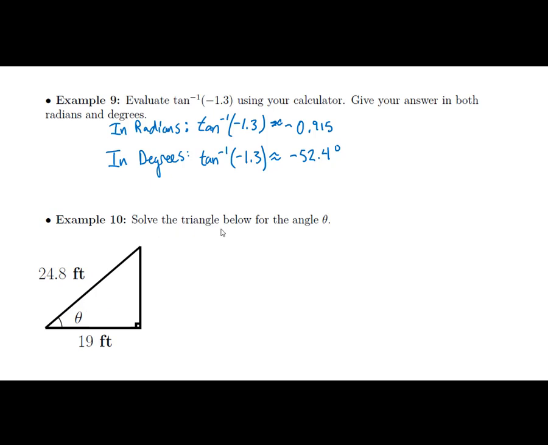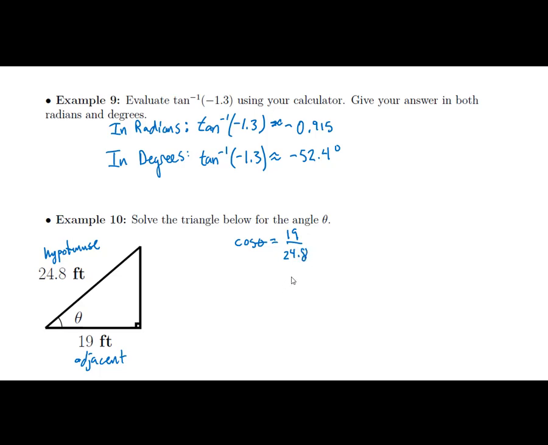All right, this one asks us, solve the triangle below for the angle theta. So we want to find this angle theta here. Let's start this off not by jumping straight to inverse trig functions, but let's just look at what we're given in relation to this angle. Well, we're given the adjacent side, I suppose, and the hypotenuse. So the moment I hear adjacent and hypotenuse, I should be thinking cosine. So this is the cosine of theta is equal to the adjacent, 19, divided by the hypotenuse,